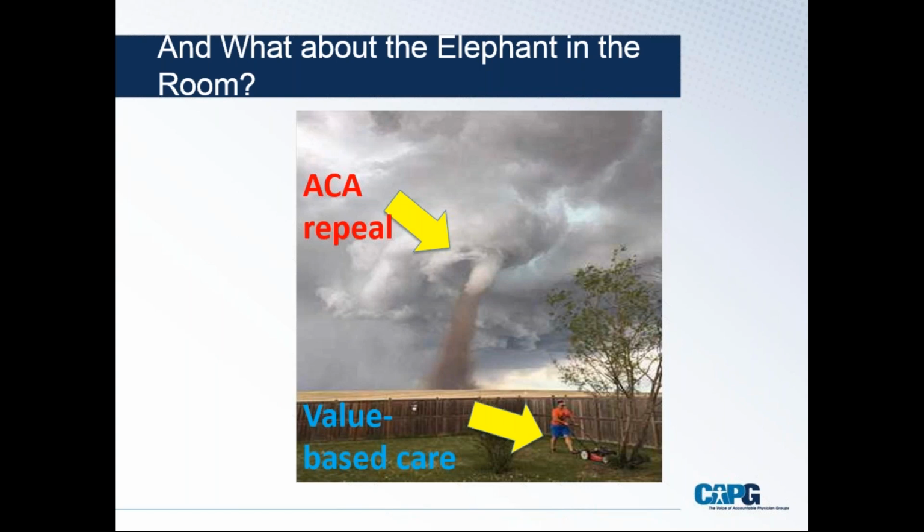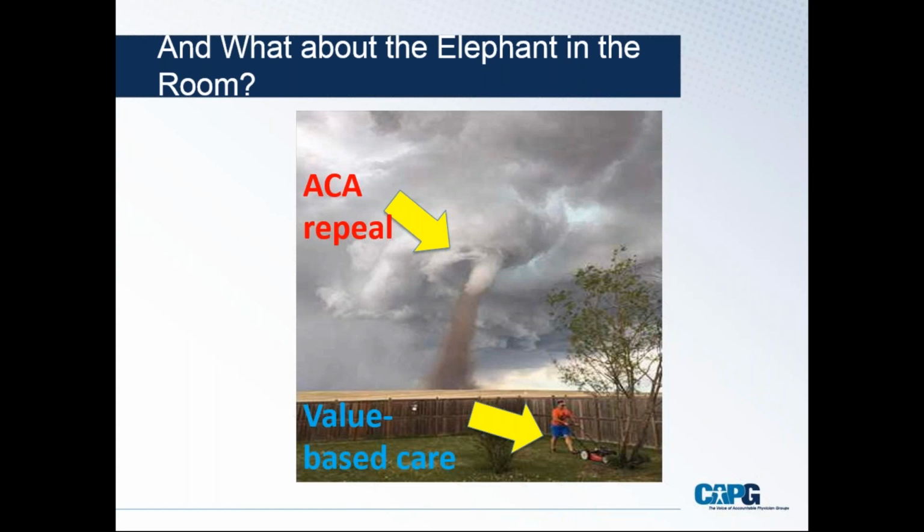And all sort of kidding about this slide, with the slide aside, we absolutely believe the coverage piece is critical, and of course want to have as much coverage as possible for our populations. And the proposals to repeal the ACA that leave large swaths of the population uncovered have been untenable to our members. But regardless of what happens there, and hopefully that means coverage stays in place, there are underlying problems with the delivery system that must be addressed no matter what.